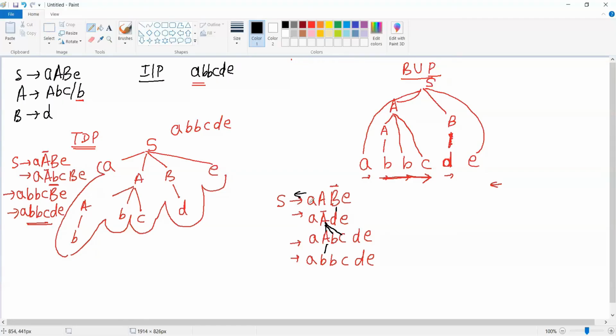So this is the top-down parser. This is the bottom-up parser, right? So we'll keep it here only. And if you have any